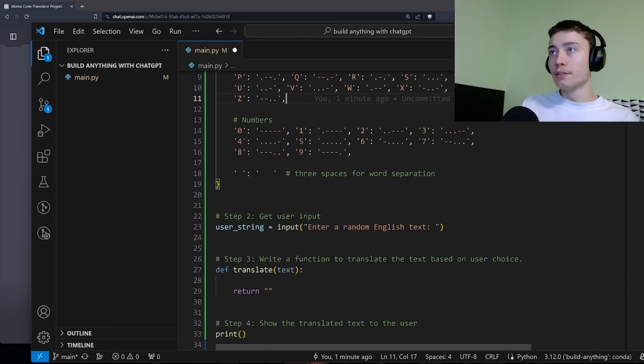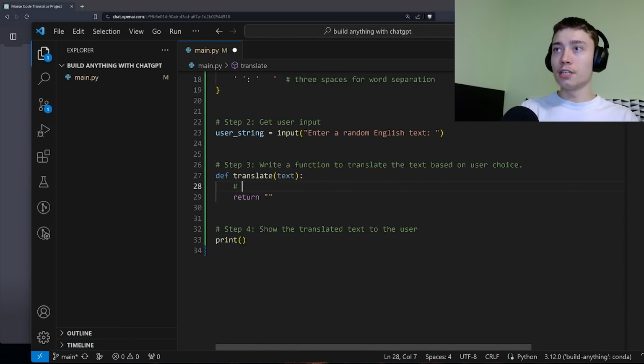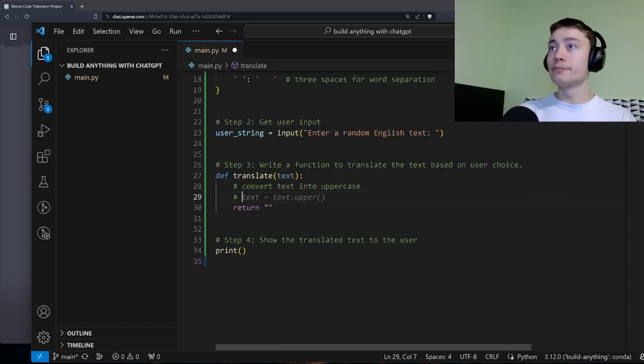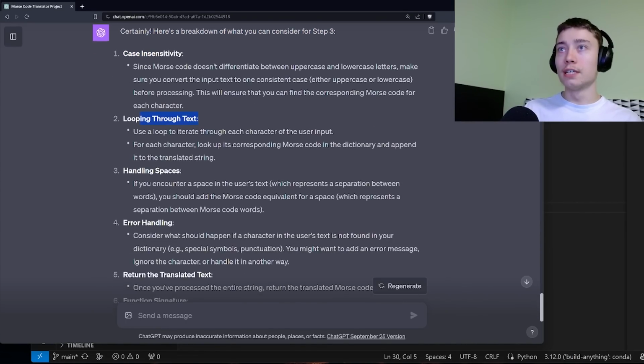So the first step, which I identified earlier, but ChatGPT confirmed it, is to convert text into uppercase. The second step is to loop through every character in the user string. Now let's see what ChatGPT does. Looping through text, handling spaces. If you encounter a space in the user's text,